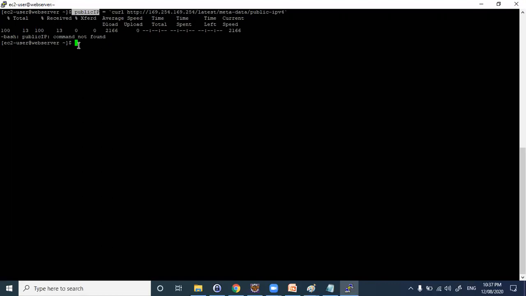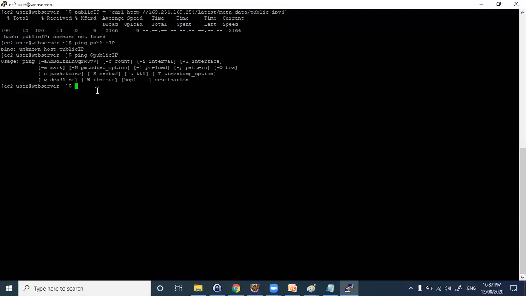Next time when you want to ping the IP address, you can directly type it. Sorry, I guess you need to use the dollar symbol: ping $public_ip. Let's see what is stored with echo $.